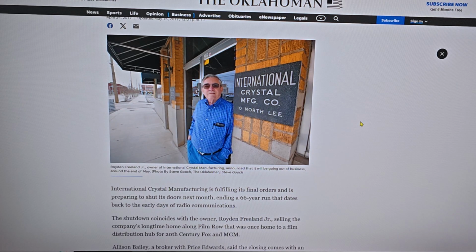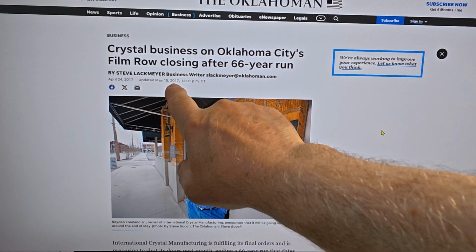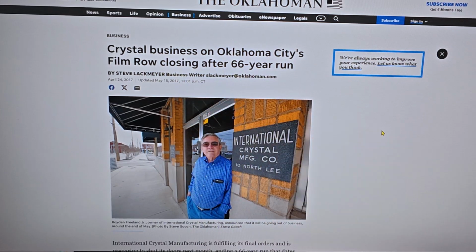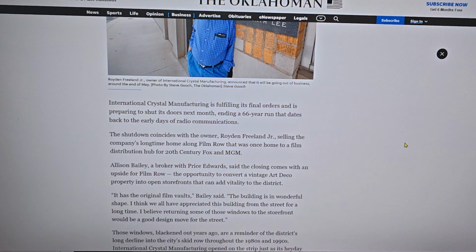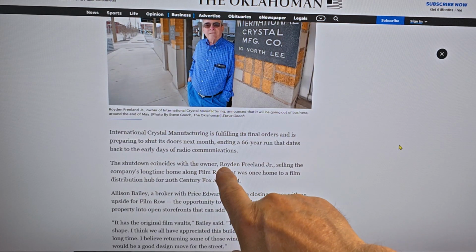So pretty cool. That's a really neat article there. If you just search the Oklahoman for this article, it's pretty cool. And this was updated on May 15th, 2015, so I'm pretty sure that's when that got sold. Yeah, so a lot of information out there of some sorts. I assume this man is still alive, and I'm not sure if he's a ham radio operator. So if anybody knows anything about him, let me know. That's his name right here,